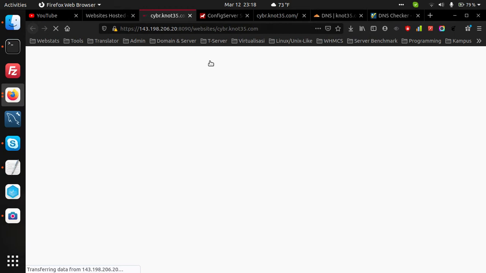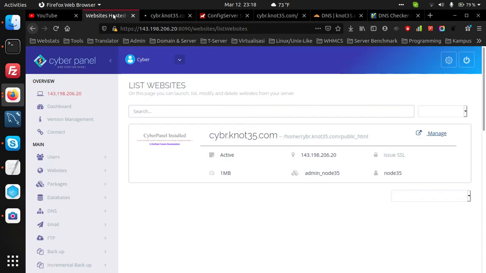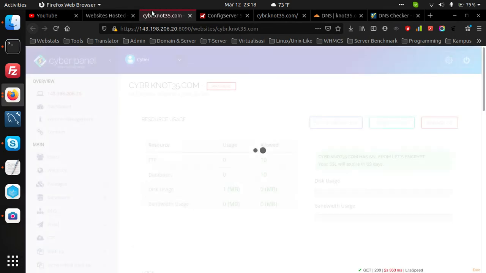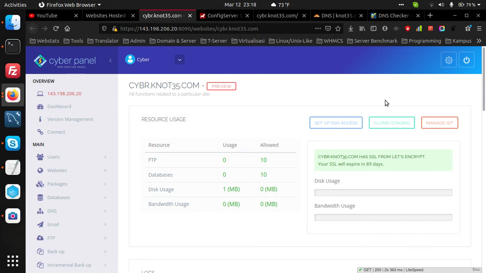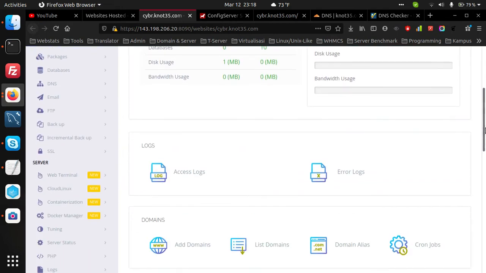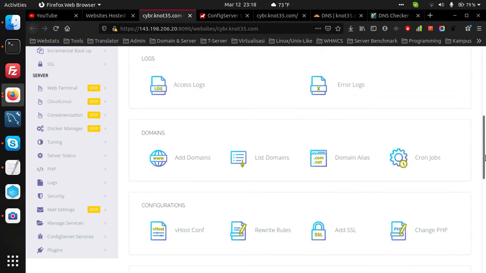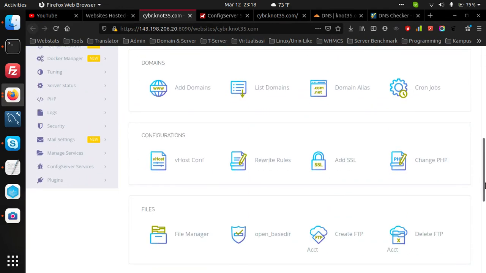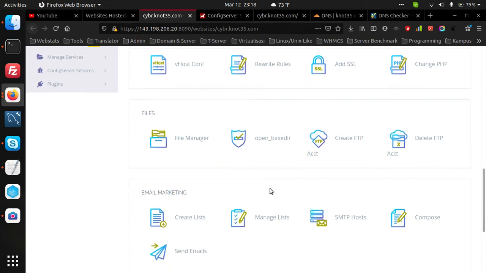Then let's click manage. Then let's open file manager.